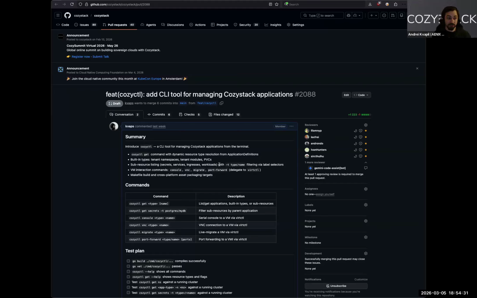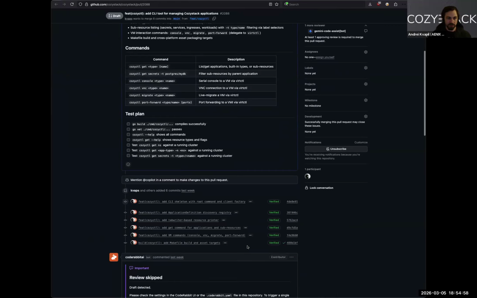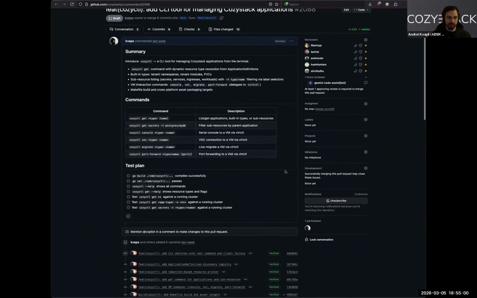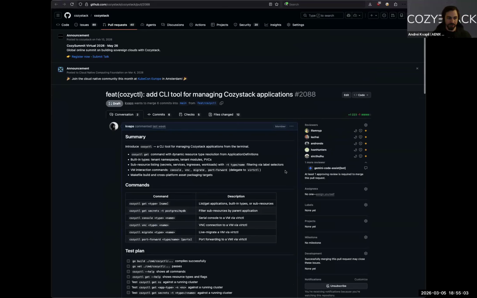I think it might also be very useful for users to use a CLI tool to create and start ordinary applications and perform ordinary actions like live migration for virtual machines, or accessing them through VNC or console. I have doubts about the syntax I'm proposing here. Please feel free to comment on this pull request or share your thoughts. How can we make it more convenient?